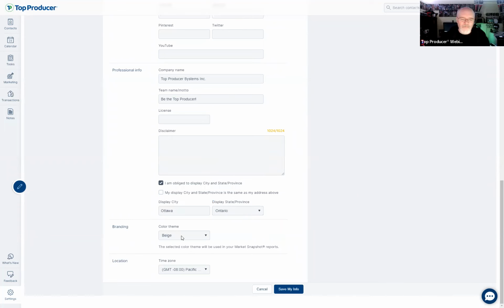No, not at all. And then the next thing you'd want to do is your branding. Now, we have a bunch of colors here. I do wish we had a little swatch here so you could see what the color would actually look like. But this is also going to be used for your market snapshots. So if your company's logo is, sorry, I just got distracted by brown. I wouldn't want to have a company logo that's brown, but let's say you had a light green company logo. You can put that on there and everything will go.